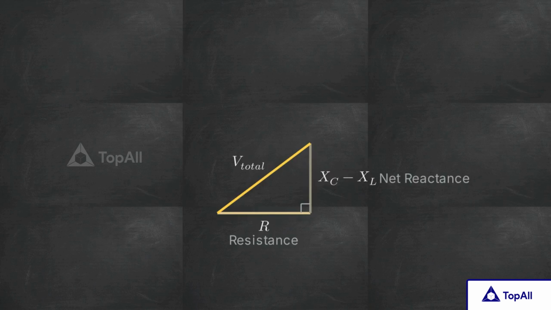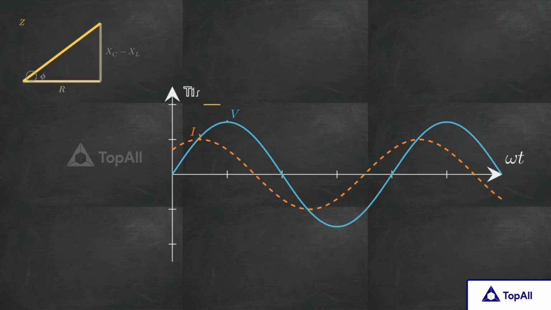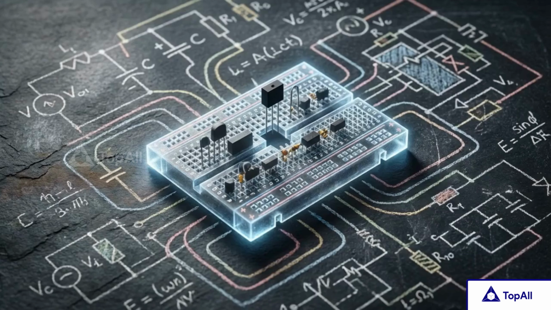This provides the master formula for the circuit. Impedance equals the square root of the resistance squared plus the net reactance squared. The angle nestled between the resistance and the impedance is the phase angle. It tells engineers exactly how much the circuit's total current is leading or lagging the source voltage. Impedance is the mathematical bridge that allows engineers to treat a complex system of inductors and capacitors as a single